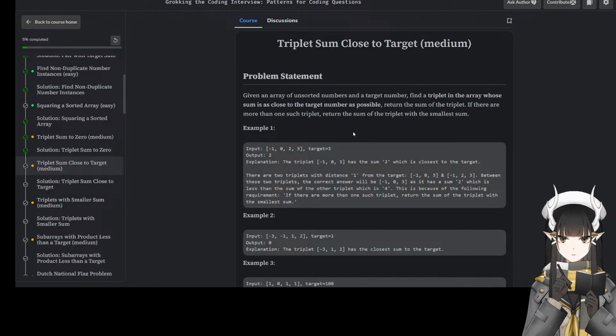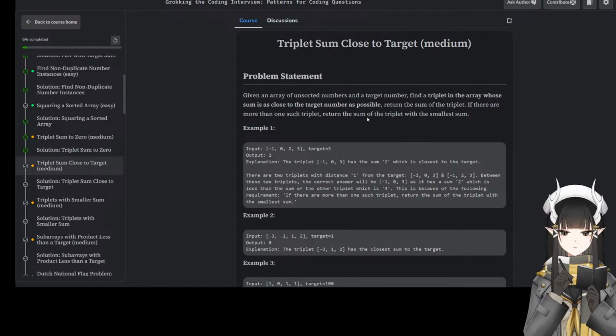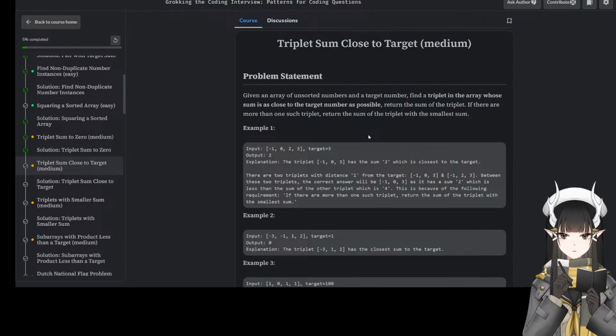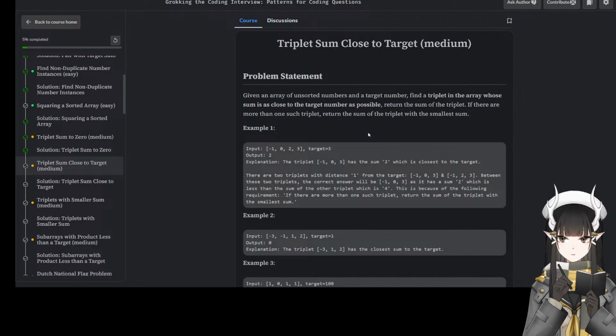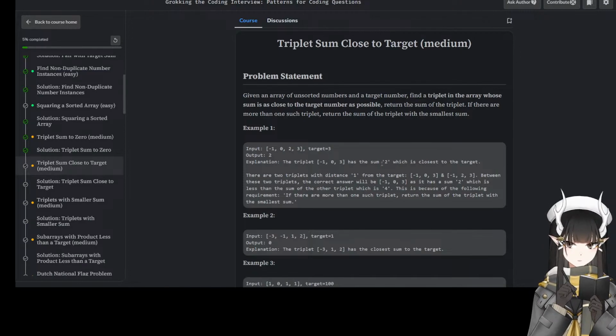Return the sum of the triplet. Oh, okay. So the triplet is minus 1, 0, 3, which has a sum of 2.